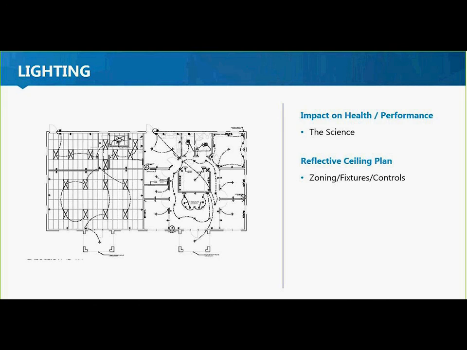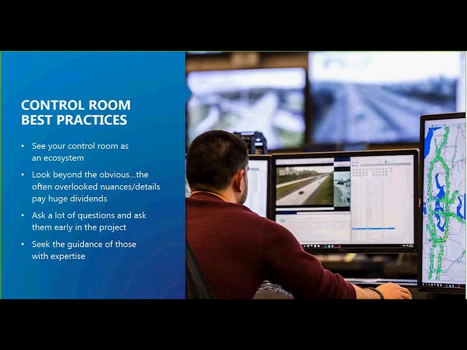The lighting, again, I'm kind of going back to what we've already said. It is a very big part of the human performance factors that are associated with well-designed and well-built control rooms. And as we close up the webinar here, now approaching 45 minutes, and being respectful of your time, I do